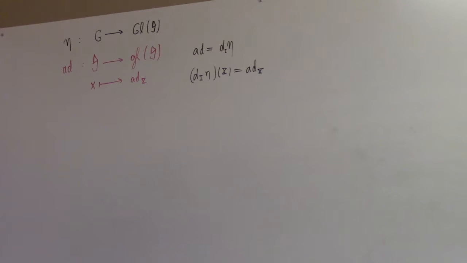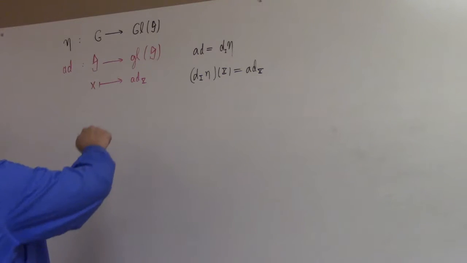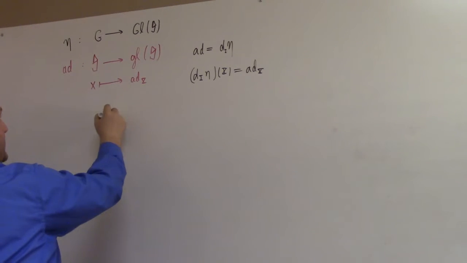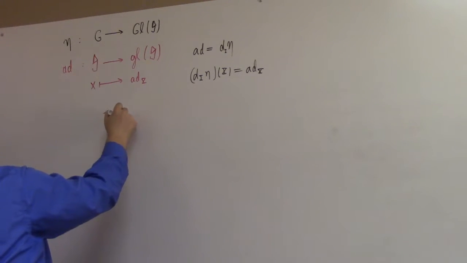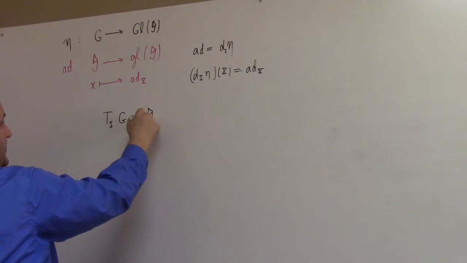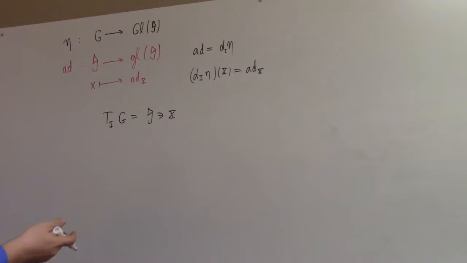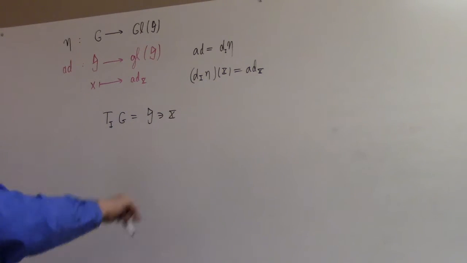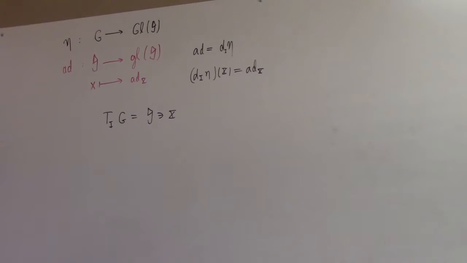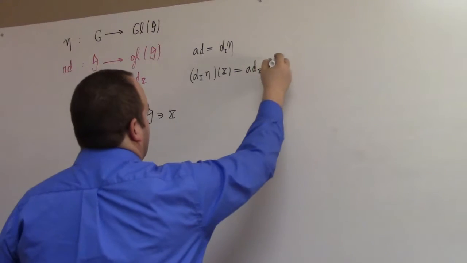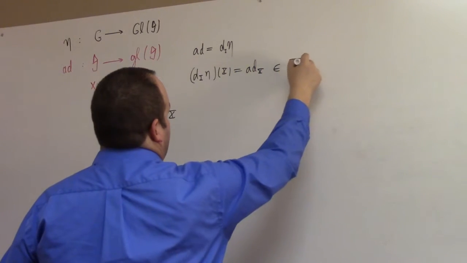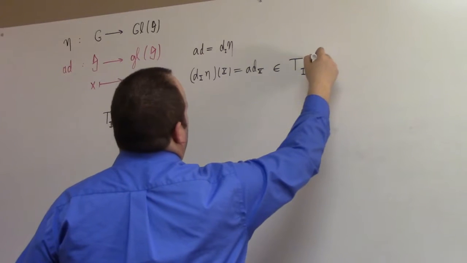That would make sense because the tangent space of the identity of G is understood to be the Lie algebra of G, so that has x as an element of it. And then you push forward that over to the tangent space in the range, the image of the identity, which would be an element, essentially, of the tangent space at the identity of GL